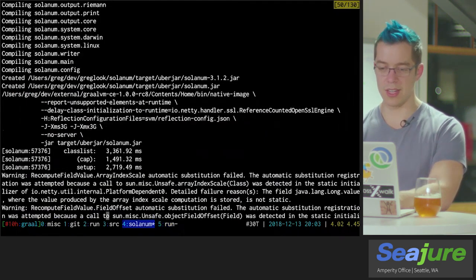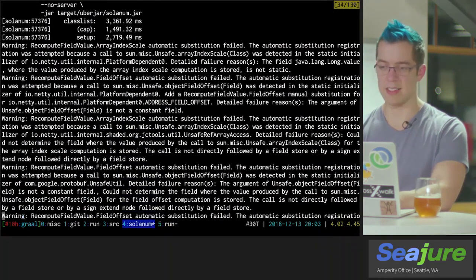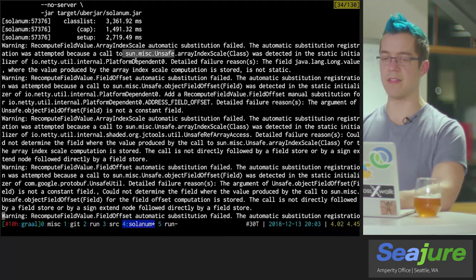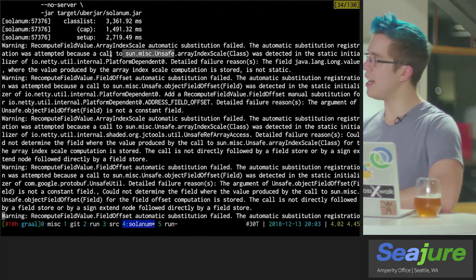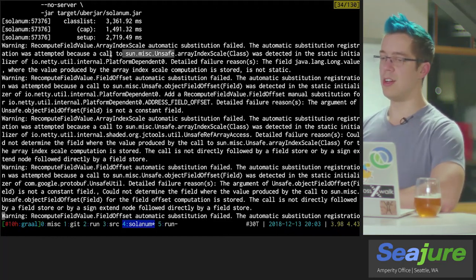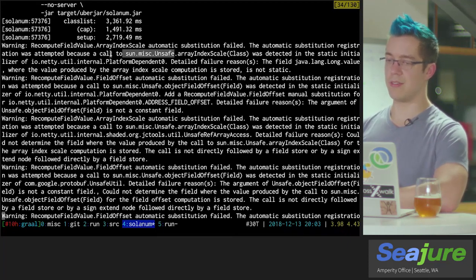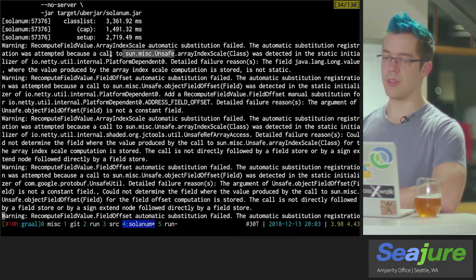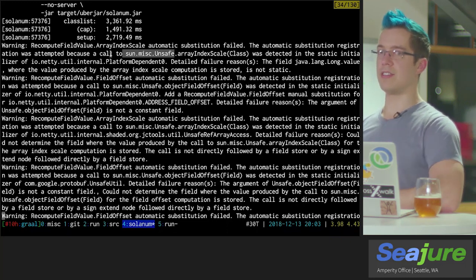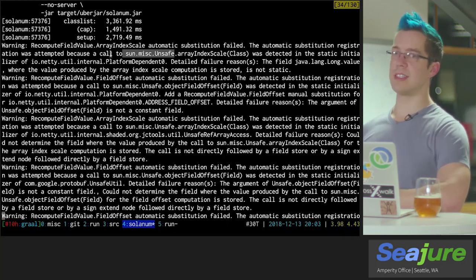And if we go and look at the errors again, you can see that most of them are about the use of sun.misc.Unsafe. And Graal actually does have some built-in pattern matching for code paths that use these unsafe attributes in a standard pattern. There's a set of ways people do this that result in a predictable outcome.